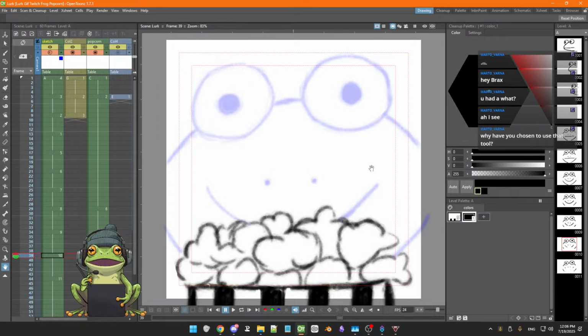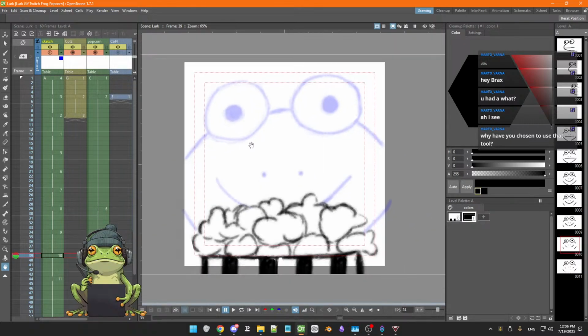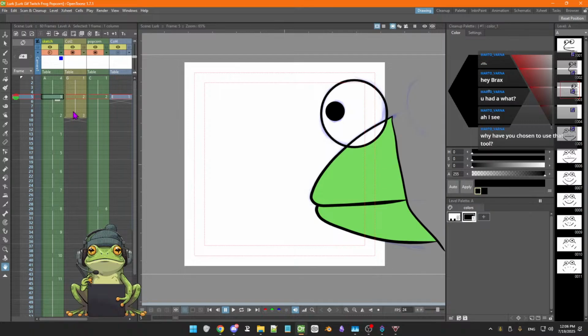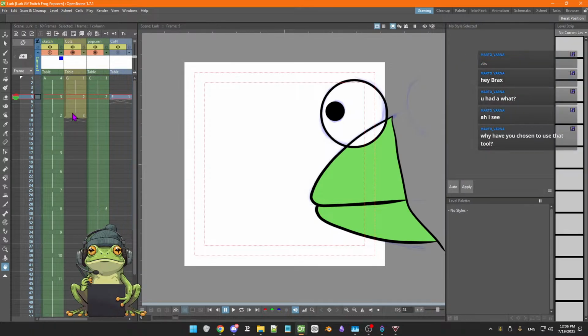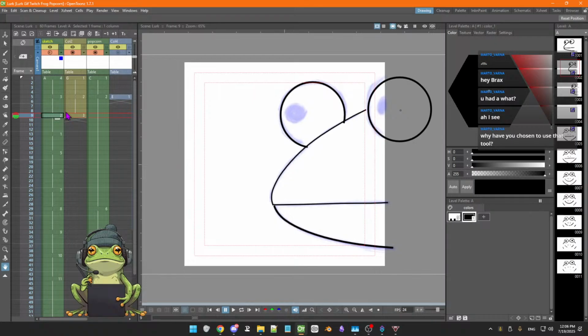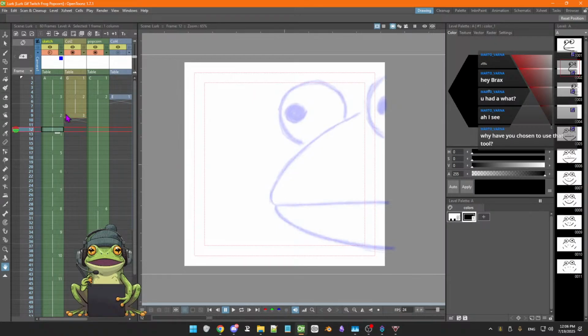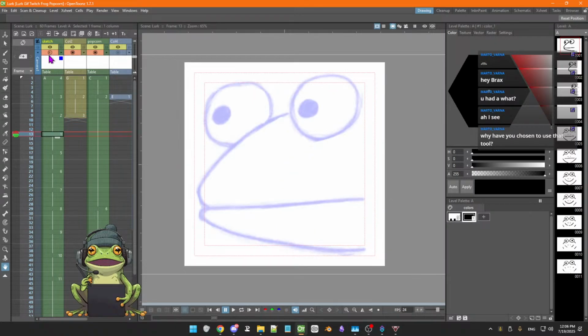So for instance, what layer are we on? We're on this layer here. You see that it's in blue? Okay, I'll show you this one, since I haven't colored that one. If we do this,